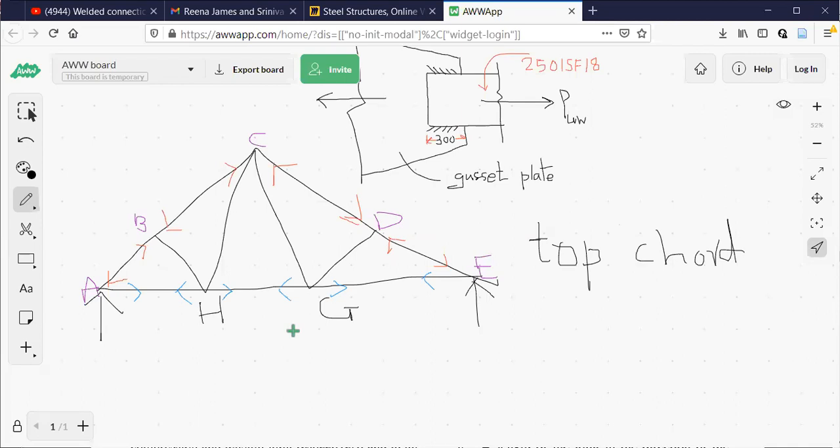All the top chords are compression members. We have to design them as compression members, which is the next module actually. If you look at bottom chord members, all these are tension members if the truss is simply supported like this.